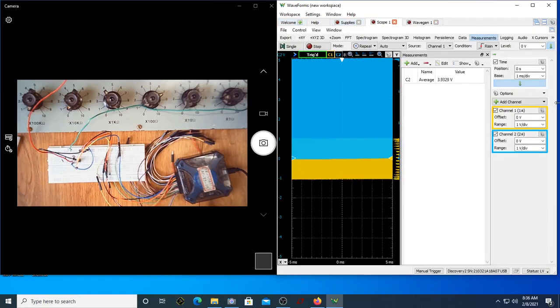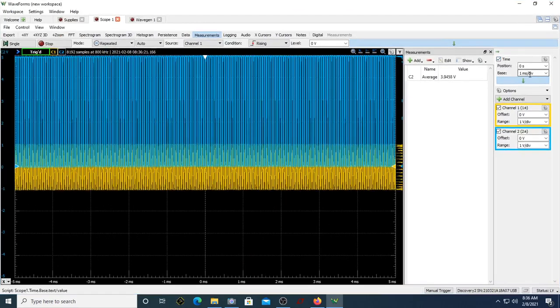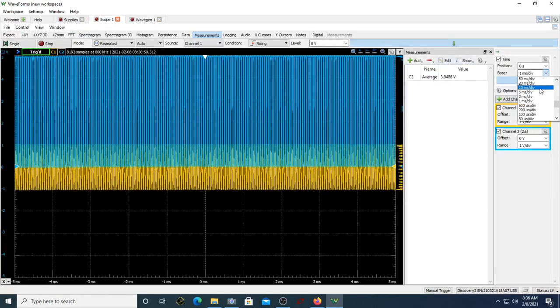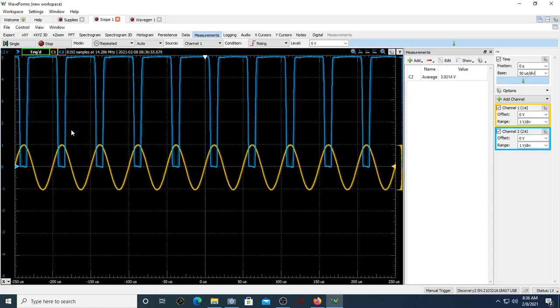Now again, what should be this timing? You can see this is 1 millisecond per division. Let me go back here. You can see a period for every cycle requires 50 microsecond. 50 microsecond is the time period required per cycle. So you can adjust the scope timing exactly equal to this. So on the scope, this is 50 microsecond. If I go here and say 50 microsecond per division, I will certainly get 10 cycles. You can see I'm getting 10 cycles.